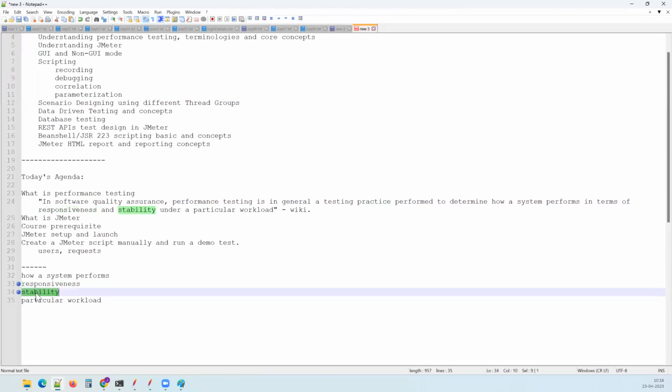And another thing is the stability. My application is responding well, but how stable is it? When I say stable, let's say that